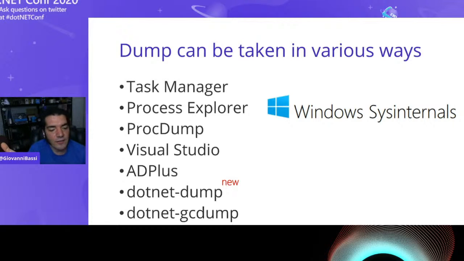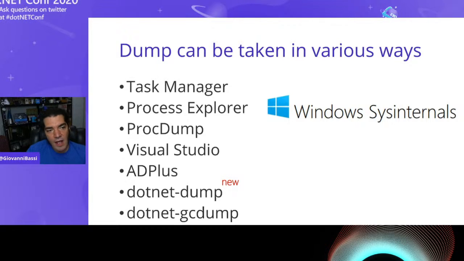Dumps can be taken in various ways. You can use Task Manager on Windows. You can do it right now on your machine. You can use Process Explorer or ProcDump from Sysinternals. They will help you take dumps, and you can configure ProcDump to take a dump at a specific point in time. Visual Studio is also able to take memory dumps. ADPlus is an old application from Windows that you can use to take memory dumps, and you can also set it up to take a memory dump at an exact point in time. And the two new ones are dotnet-dump and dotnet-gcdump,